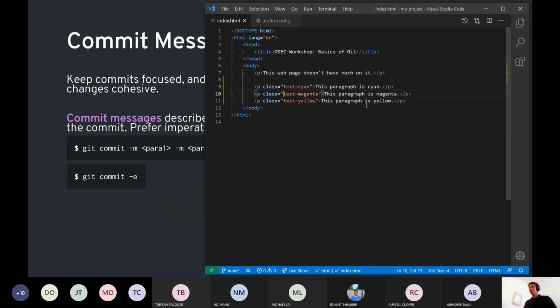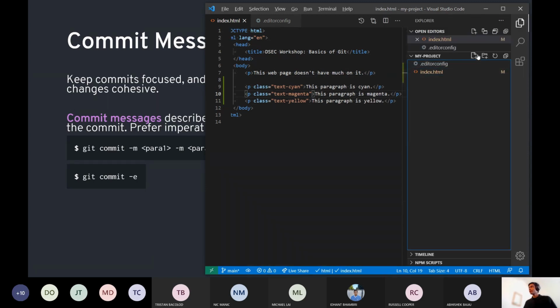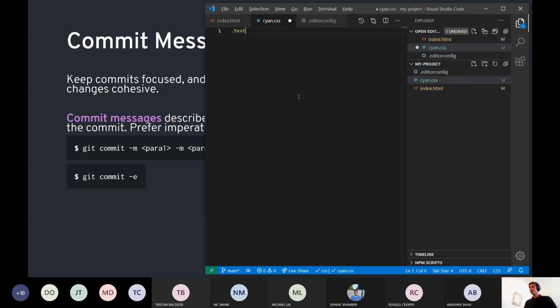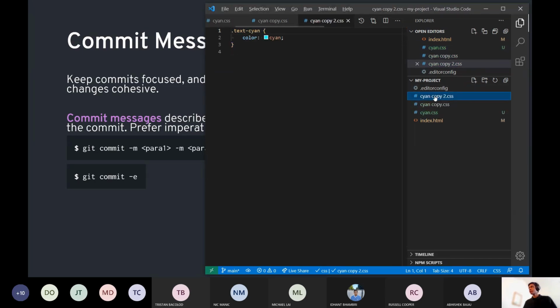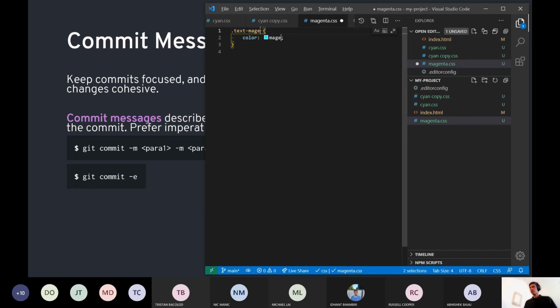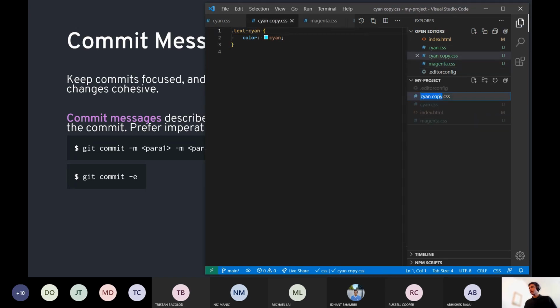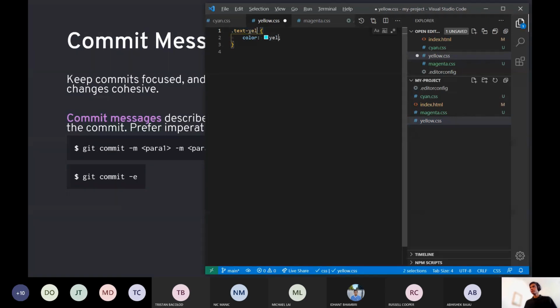We've used a bit of CSS here, so I'm going to make a bunch of CSS files called cyan.css. This will have the text cyan class. Likewise, I'll just make a magenta and a yellow.css file. So a magenta.css file with text magenta in it, and a yellow.css file with text yellow in it.